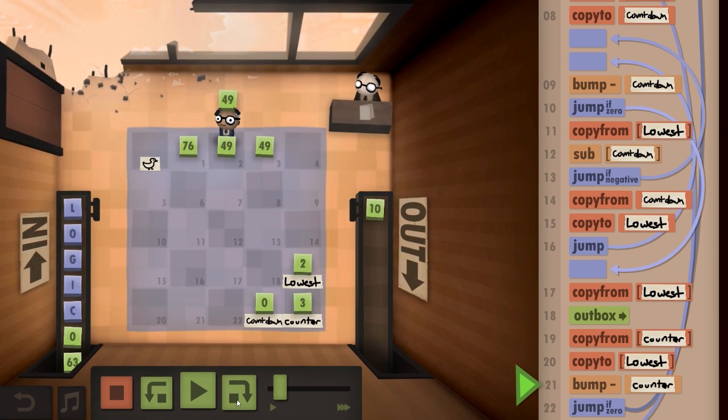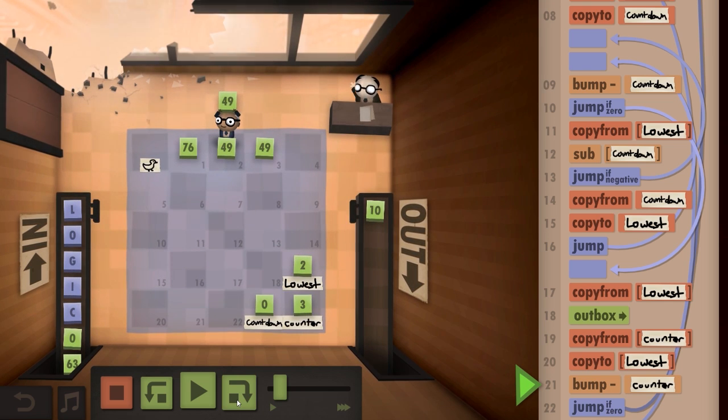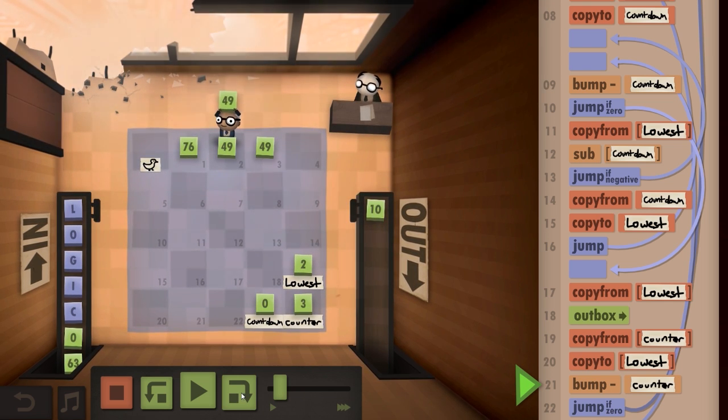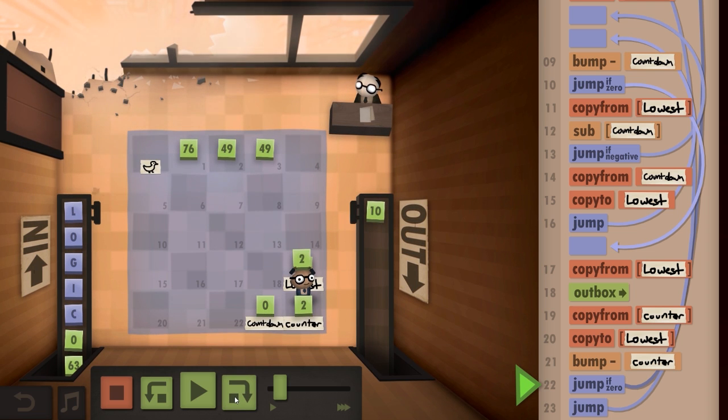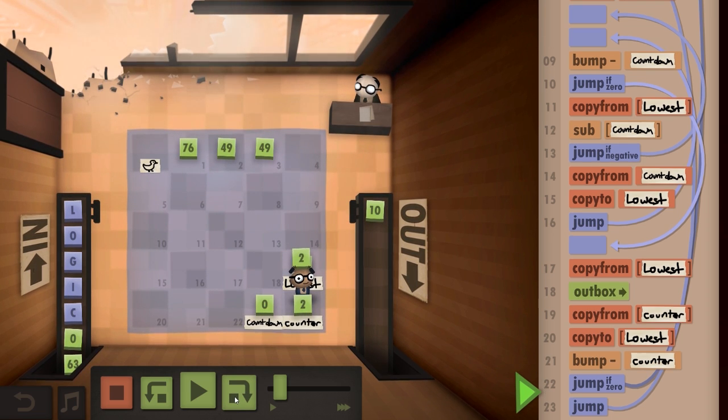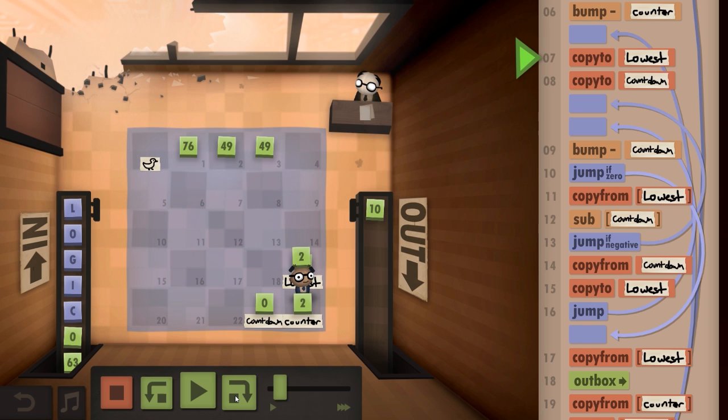So we've reduced the pool of numbers we're running from, and this way we don't have to worry about a lowest value in the box. And then we drop down the counter. This way we don't have to worry about ever even touching this 3 again. If there was a deletion command, that actually might have worked as well. But anyway, so now we go back,